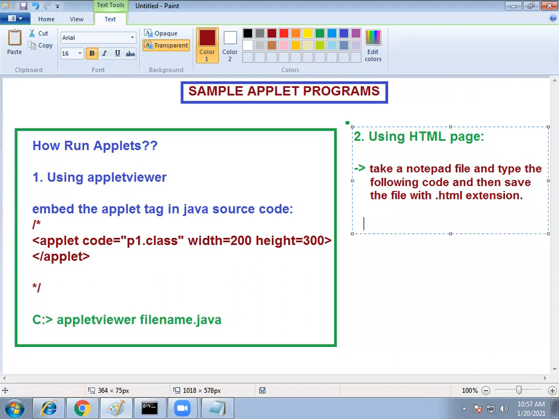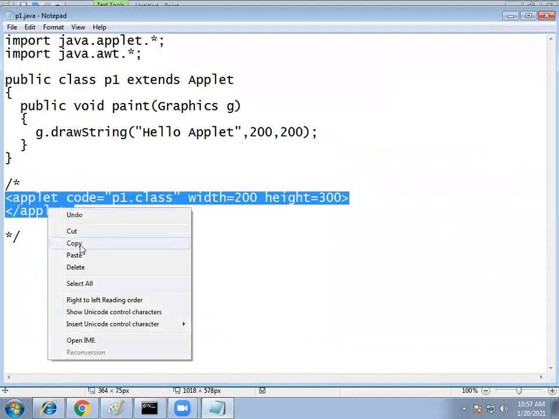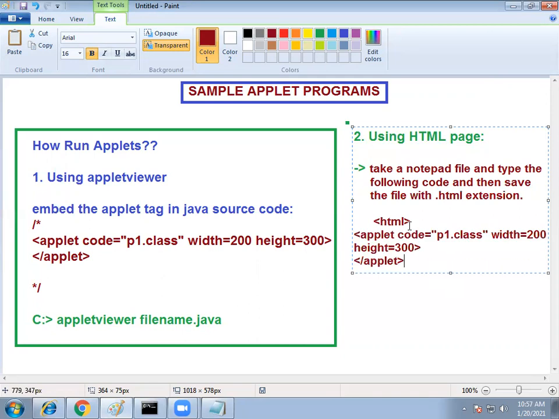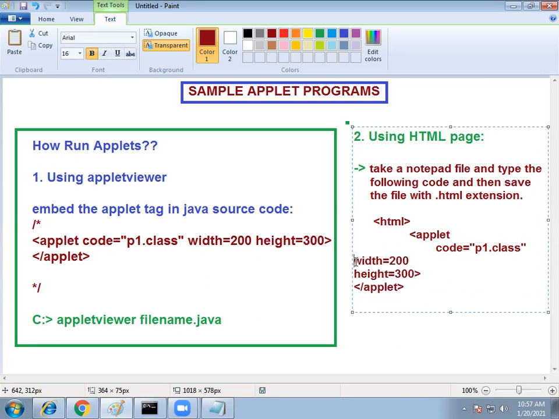So what is the code? Simply use the HTML tag and then write the applet tag: applet code equal to filename.class, and width equal to 200 and height equal to 300, and close the applet tag.